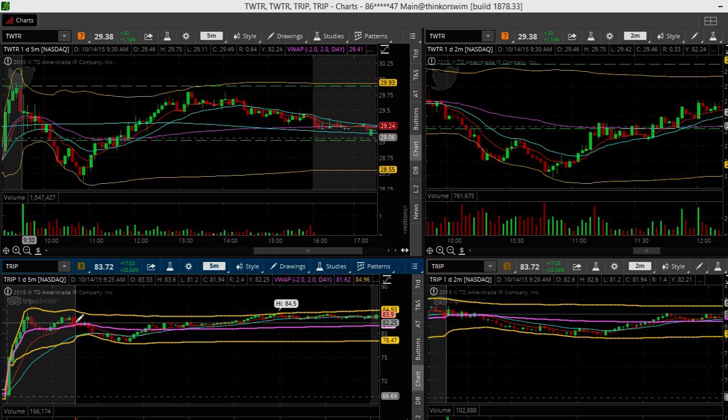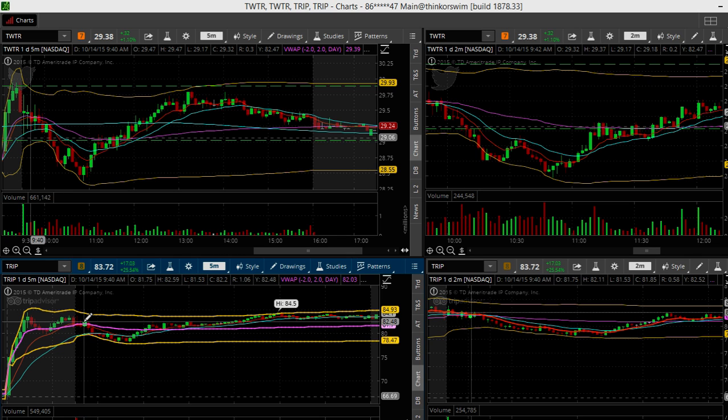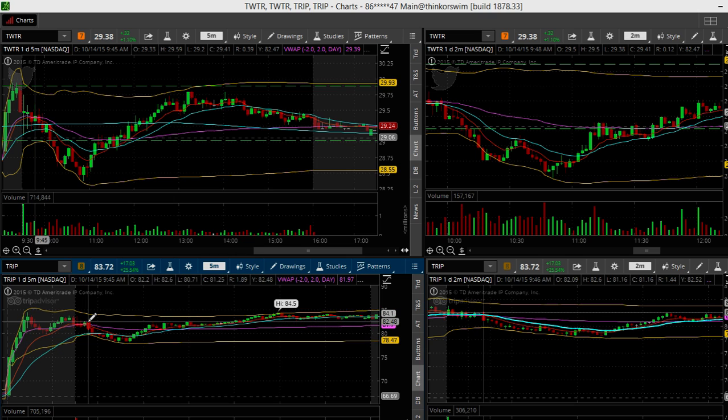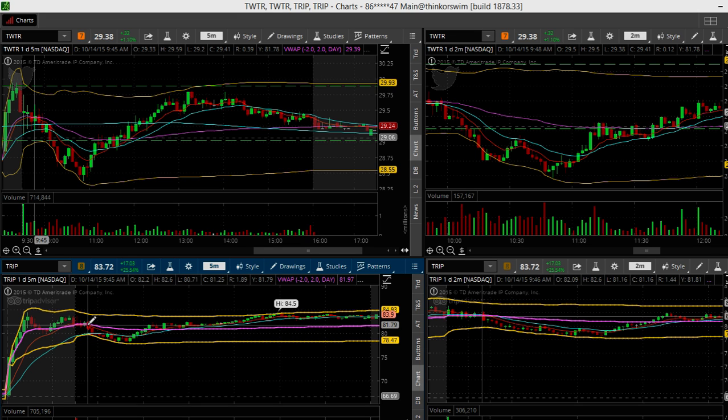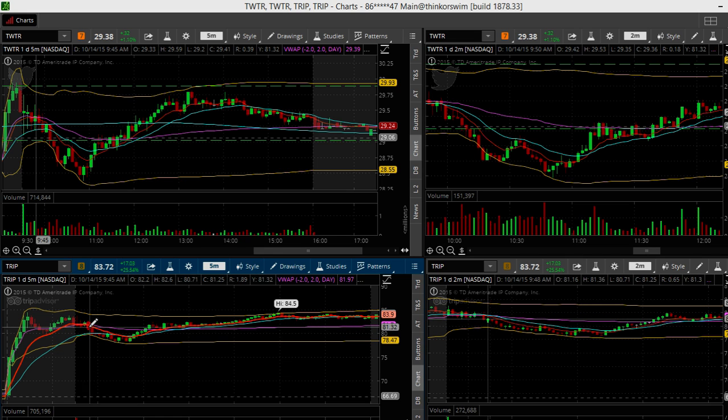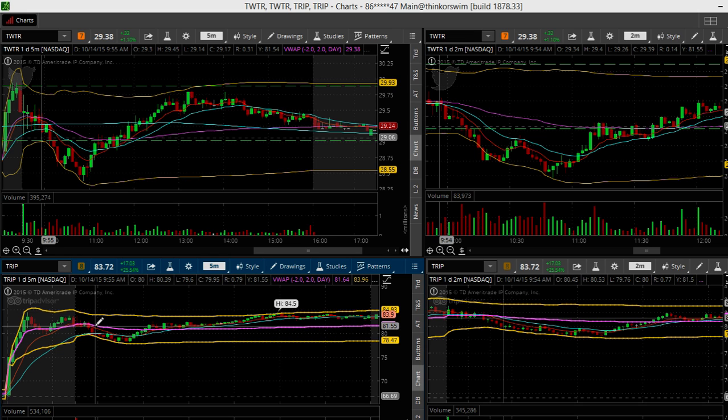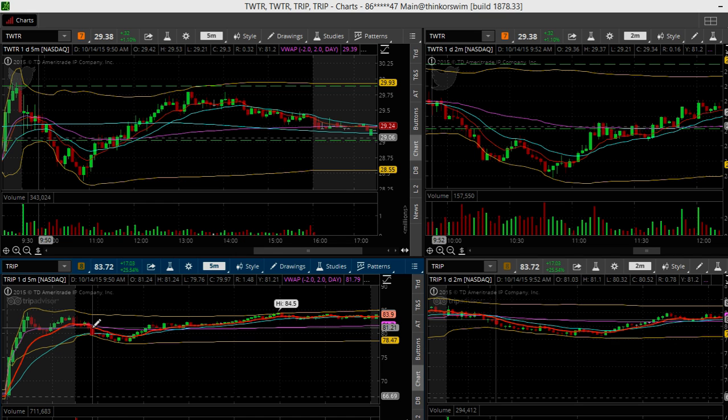But I watched these first three candles, and this fourth one opened over VWAP, this one opened over it, but then it started to sell off. Right when I was getting ready to click the button, I start seeing this thing sell off. So I'm saying, well, let's see what it's going to do. So I kind of waited, and I'm looking at this candle print.